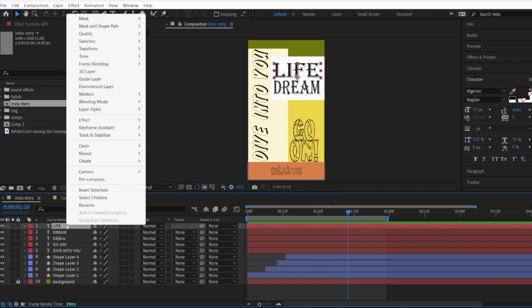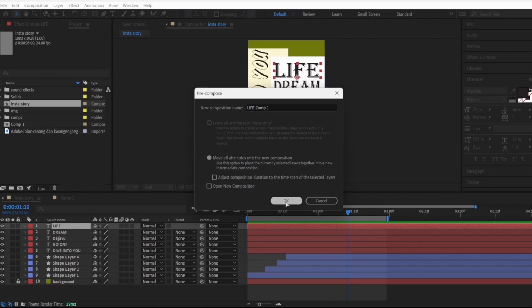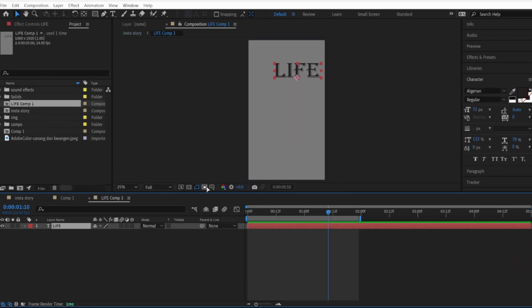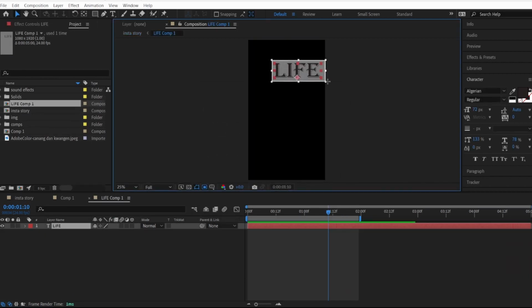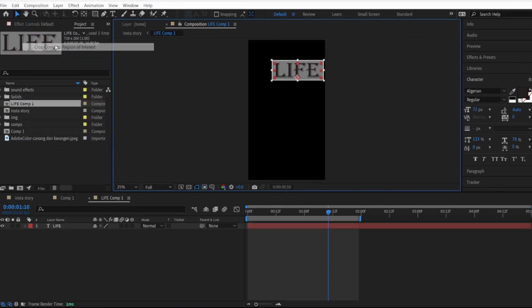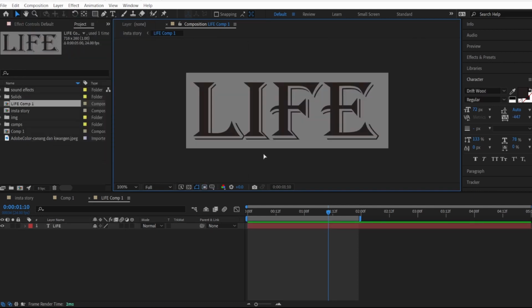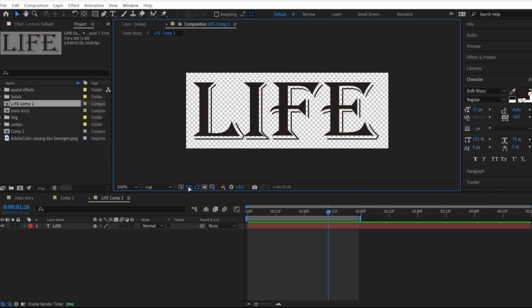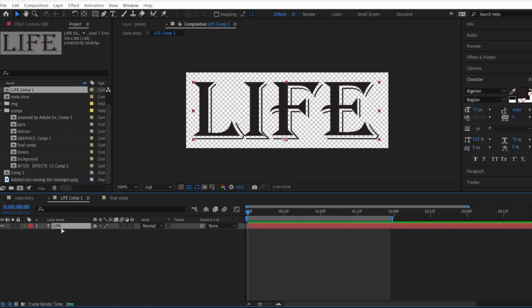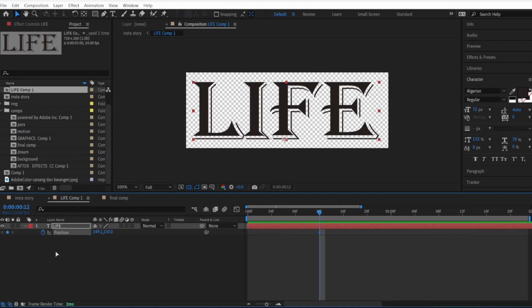Right click on it and click on Pre-compose. Select the region of interest like this. Come here, click on Composition, then Crop Comp to Region of Interest. Make it transparent with this icon. To animate it with position, select the layer and press P. Keyframe it at the 12th frame, come back,